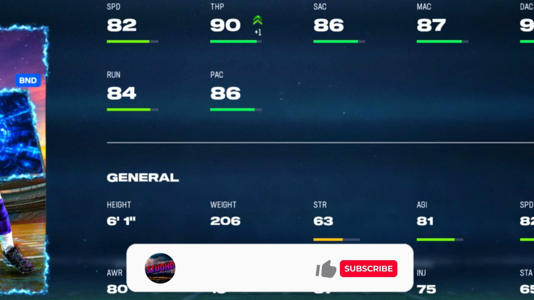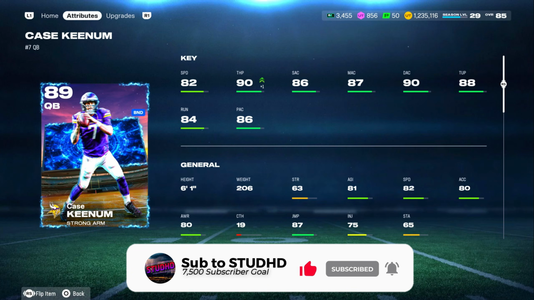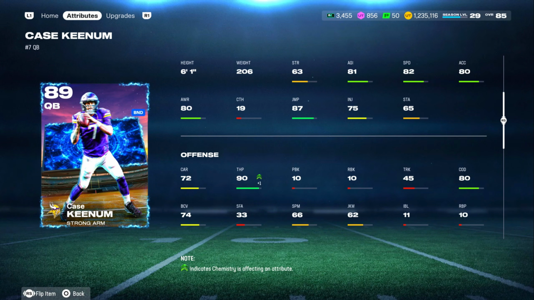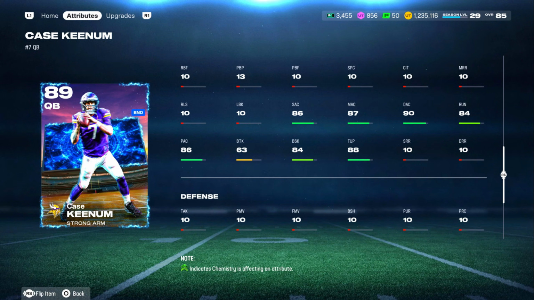Number one, he is 6'1", 206 pounds. He has 82 speed, boosted up to 90 throw power, so that's pretty good there. 86 short accuracy, 87 medium, and 90 deep accuracy, so he hits all of the thresholds for the accuracy. He also has 88 throw under pressure. As for the carrying, he has 72. He has 80 change of direction, spin and juke are in the 60s, but what really matters here is the